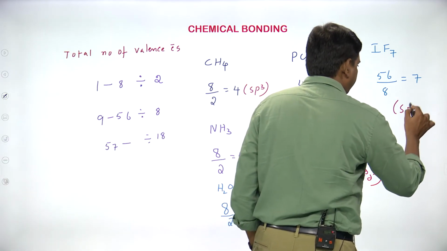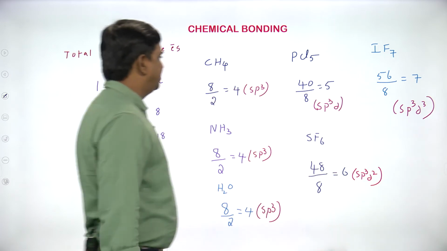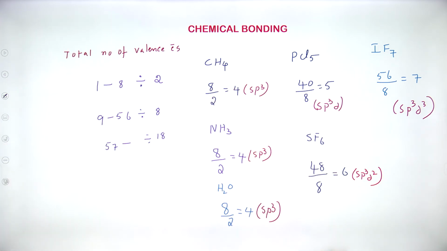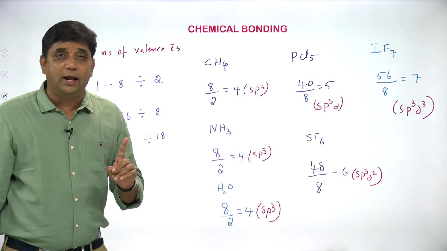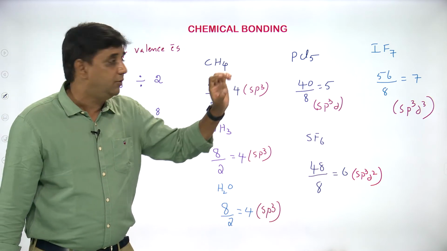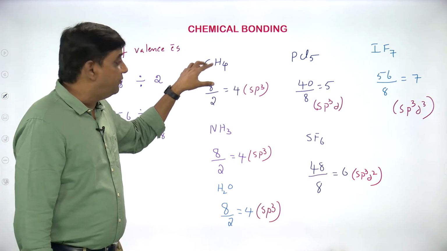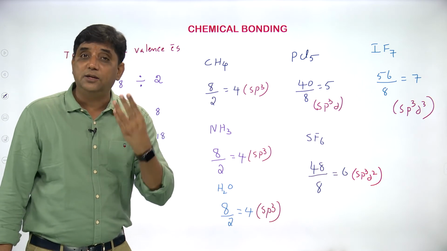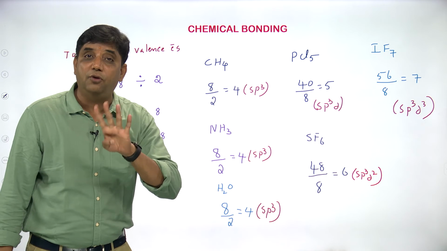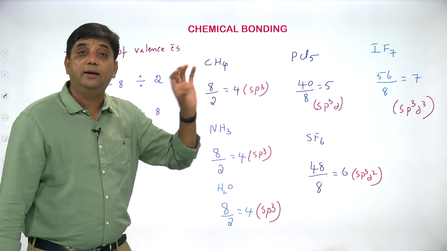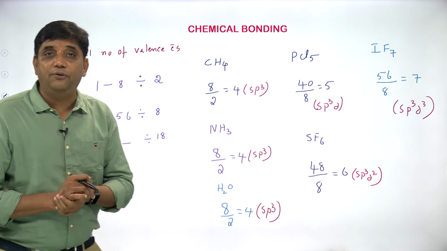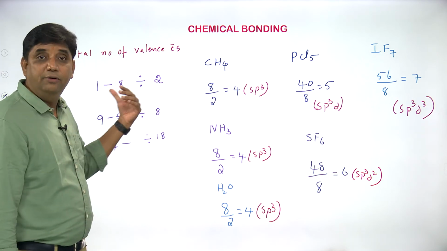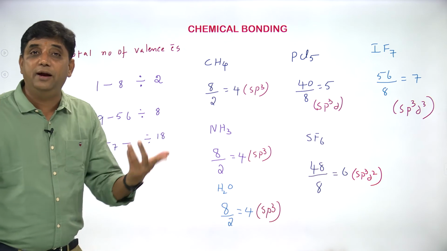Right, students. So these are for the simple discrete molecules; we calculate for the ions as well. First you complete this. You have to calculate the total number of valence electrons of the molecule like this. In CH4, carbon contains 4 valence electrons and 4 hydrogens contain 4 electrons. Total number of electrons: 8. If the total number of valence electrons is 8, lying between 1 to 8, that must be divided by 2.